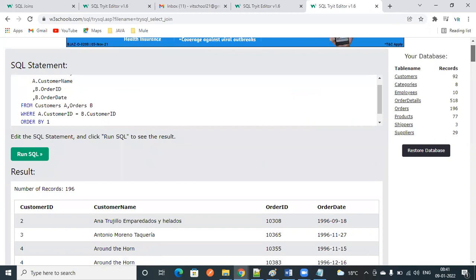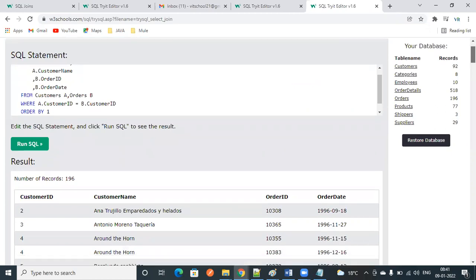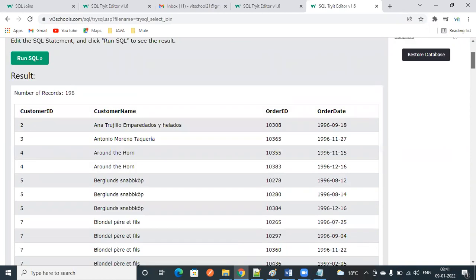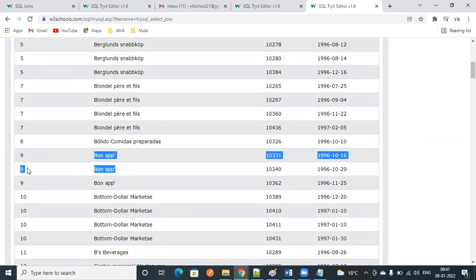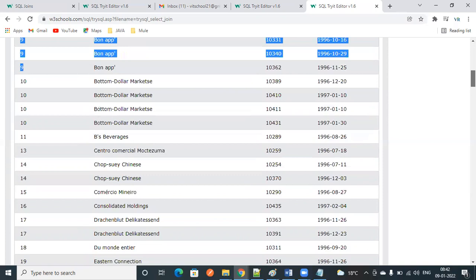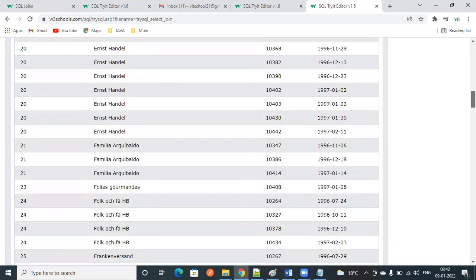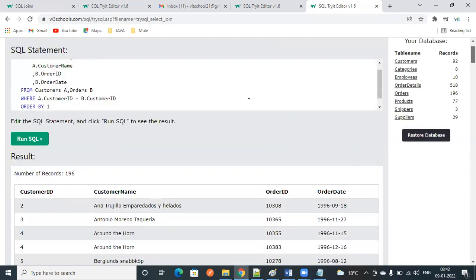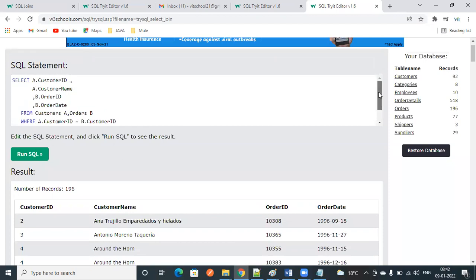Okay, 92 rows are in the customers table, but there are multiple orders. You should not say duplicate. Okay, there are multiple orders in the orders table. So wherever it matches with the customer ID, it will go and fetch all the values based on customer ID. Are you clear? Yes, sir. Yeah, still if you have a doubt, you can raise a question. I will explain it in a different way. That's not a problem.